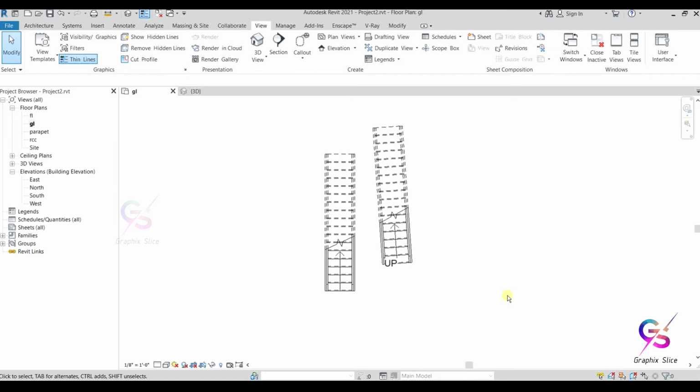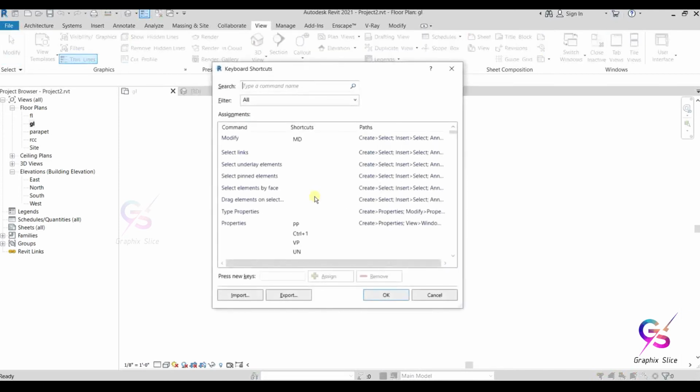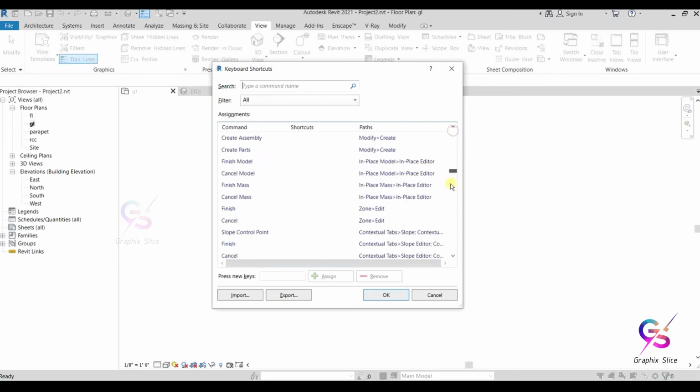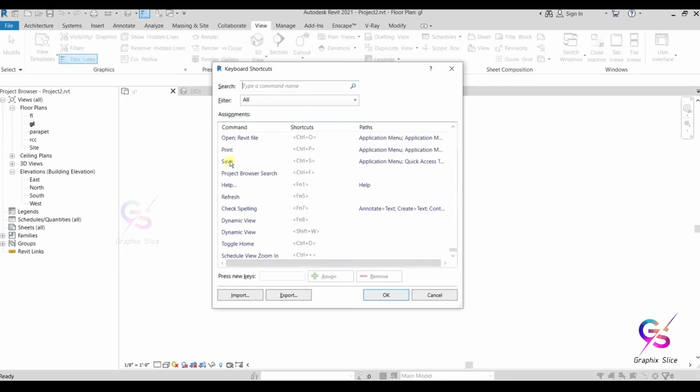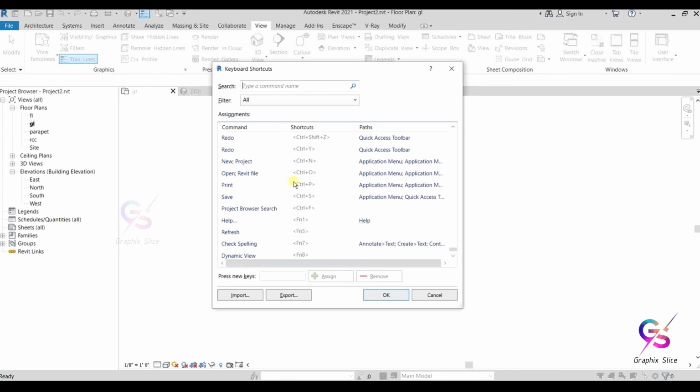And while we are specifying shortcut commands, what types of commands can we use here to prepare shortcut keys? We can use five types of alphanumeric codes, and we can't apply reserved keys which are already assigned by the system. See here at the bottom of the list, you'll get the reserved keys such as save, print, help, refresh, check spelling, some function keys, and Control P, Control S, undo, redo.